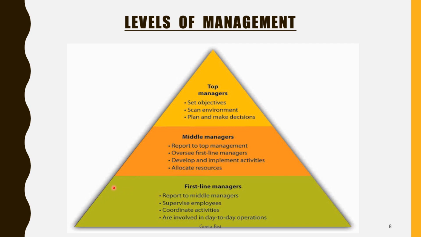But the role played by these lower level managers, or the first line managers, or better to say supervisory level management, is quite crucial, because they have the job to keep the workers motivated so that the quality of output is maintained. It is only when your workforce is motivated and disciplined that you are able to achieve the target effectively and efficiently. Again I repeat, when you say effectively and efficiently, you highlight the minimum cost and the achievement of the goal within the time frame.